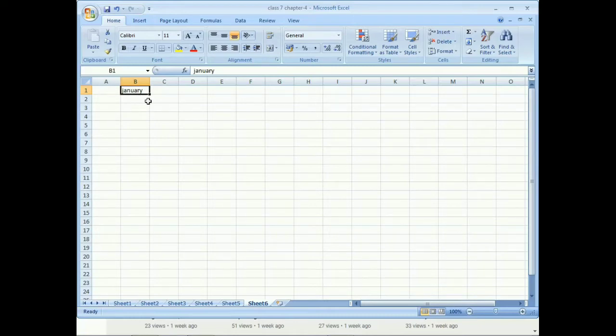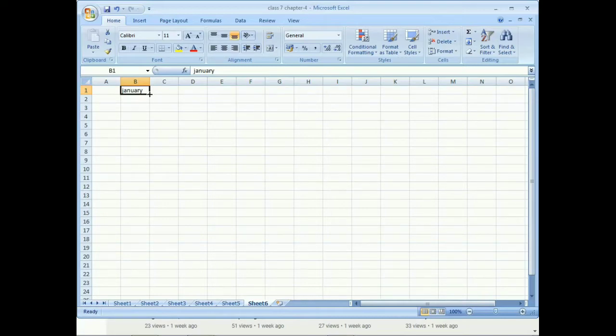the pointer at the lower right corner of the cell. The mouse pointer changes into a thin black plus cross sign.